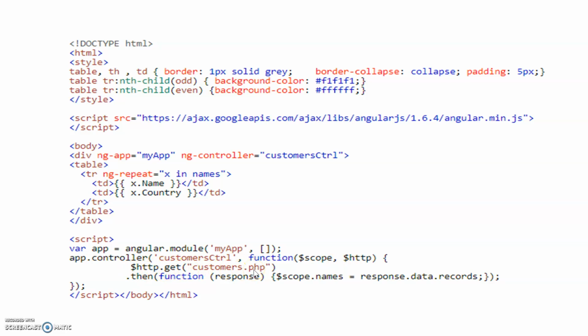From this it will retrieve the data, and then function response: scope.names equals response.data.records. So this scope.names will fill this array with these records, which will be objects having name and country. Then from that data these names will be populated, and one by one displayed using the HTML table.